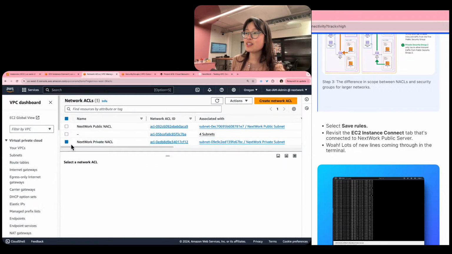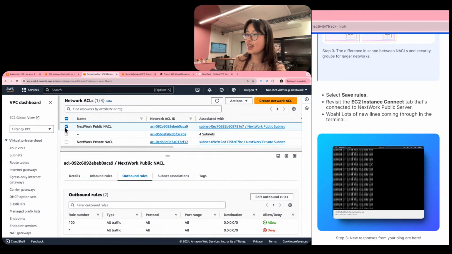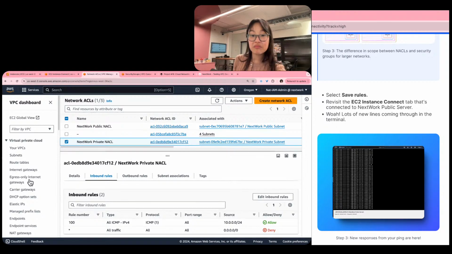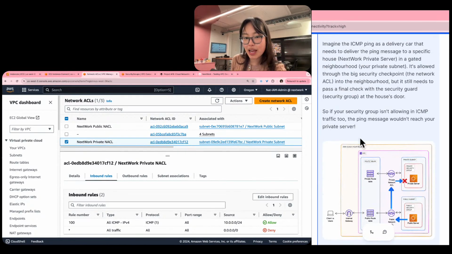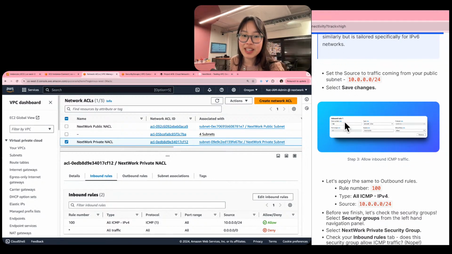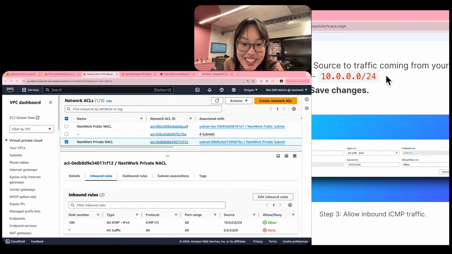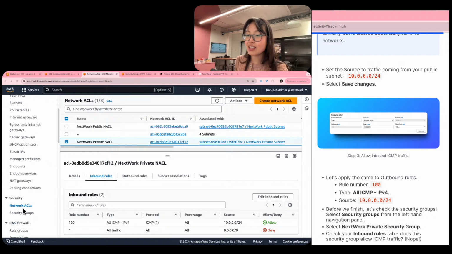If you have your own suggestions, would love to hear it. In the meantime, I think what could be happening is maybe the network ACL rules weren't set up properly, or maybe the security group rules weren't set up properly as well. I have my own suspicions on what was the error we've just run into, and I'd love to hear your suggestions too. Cool. I'm going to start by checking our security group settings